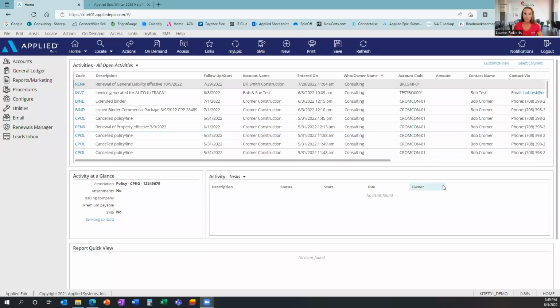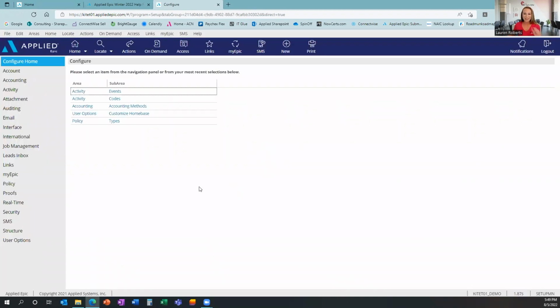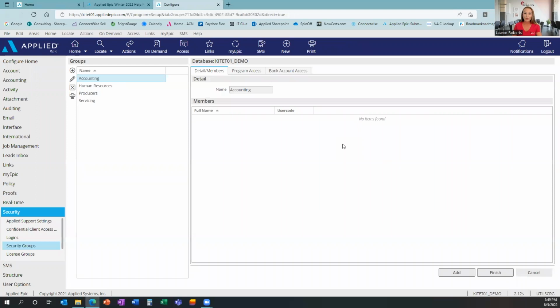I'm going to share my screen with you and go through some of the key areas that you'll want to address when reviewing and or updating your security groups in Epic. So we'll need to go into Configure over on the left-hand side of your screen, and you might notice that I am using the browser version of Applied Epic today. So things might look a teeny bit different, but everything's basically the same as far as the functionality and configuration is concerned. So over on the left-hand side of your screen, you'll go into Security, and you want to go into Security Groups. Now that's where we're going to go to actually configure and set up and review our security